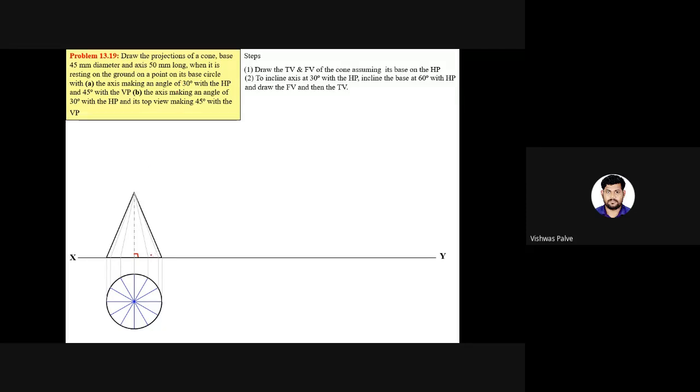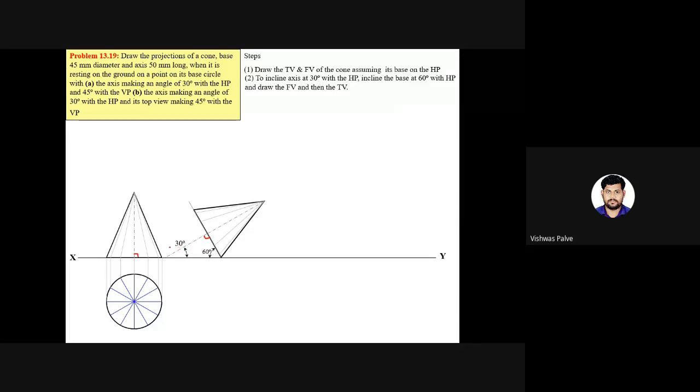Yes, anyone? 60 degrees, right? So if we want to tilt this, make an angle of 60 degrees, and we can draw the base inclined at 60 degrees. Automatically, the axis will be inclined at an angle of 30 degrees. Because this has a perpendicular 90 degrees here, if we want the axis to be inclined at 30 degrees,